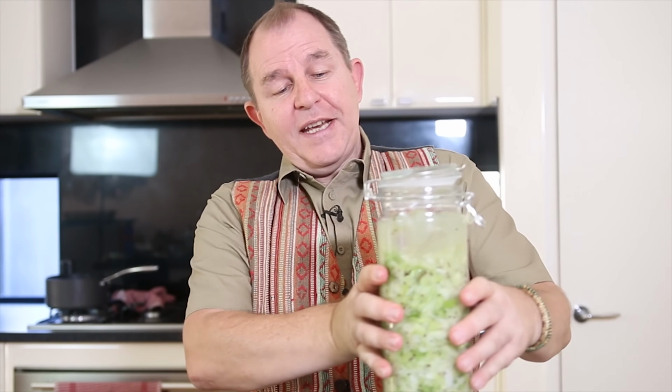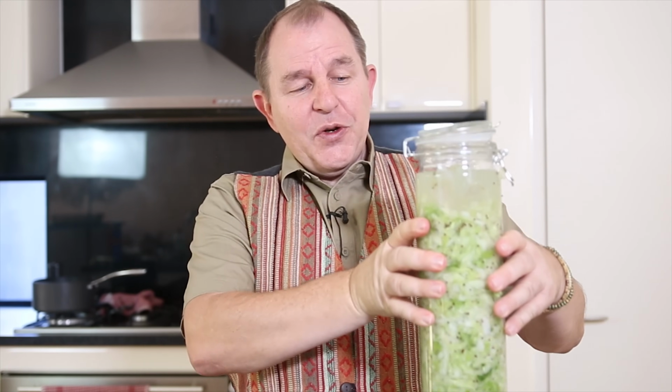I'm just going to store this now in my larder where it's nice and cool. And the sauerkraut will start to become ready after about 3 weeks. Actually, the longer you keep it, the better it will improve with age. Just keep an eye on it. The smells coming off it should be fresh and clean. And as long as you've kept everything fairly sterilized, you should have absolutely no problem creating the most delicious sauerkraut. So we'll take a look at this in 3 weeks' time and a little taste, and I'll let you know